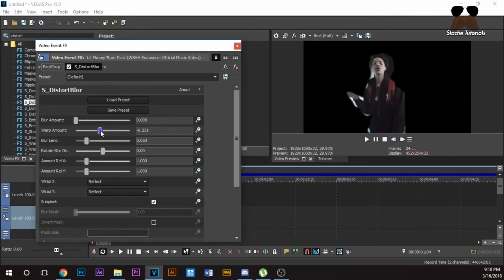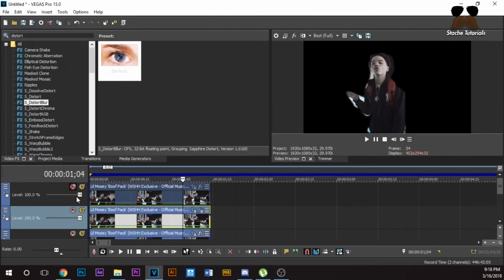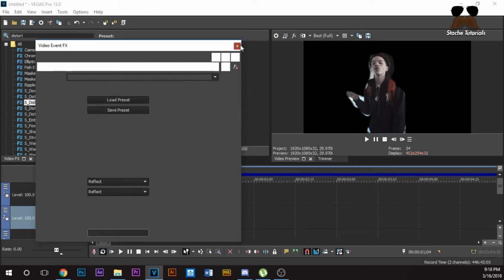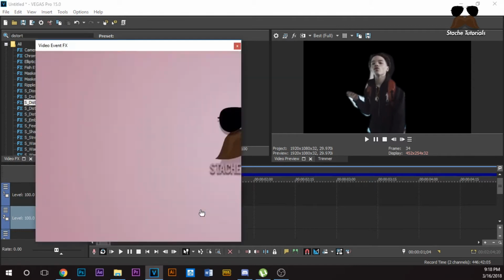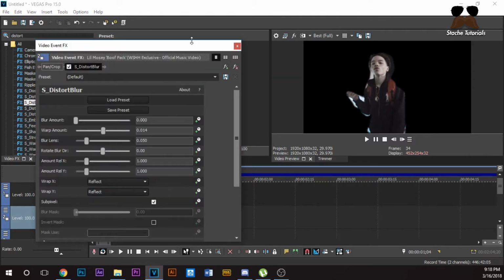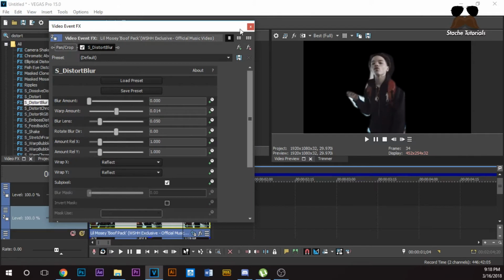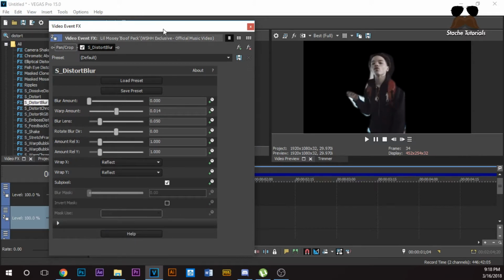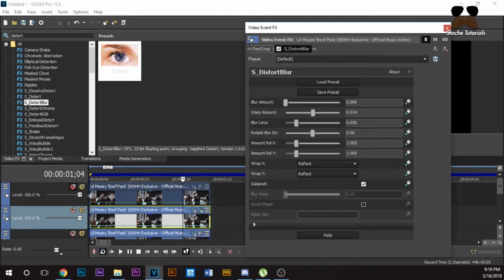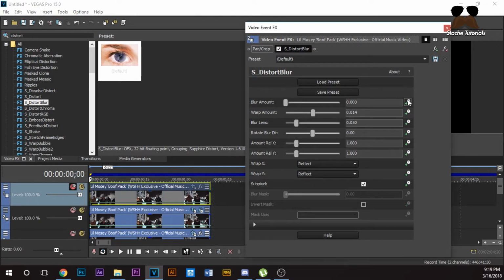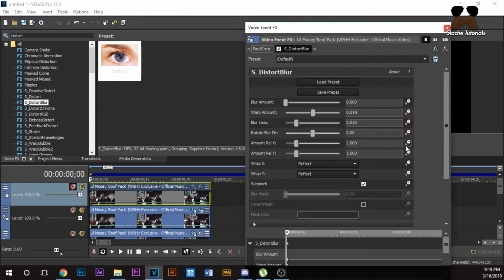Alright, so now we have him warped. I'm gonna unmute the top track, and then I'm gonna do this. So I'm gonna go to the bottom track. Actually here, I'm gonna mute the top track again. Go to the bottom track. And I'm gonna keyframe. Here, let's make it look like this. Okay, so I'm gonna have my cursor at the beginning, and I'm gonna keyframe all these settings, but I mainly will only use about 2 of them.